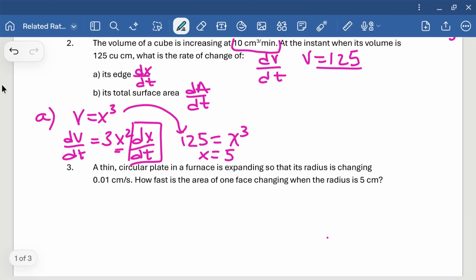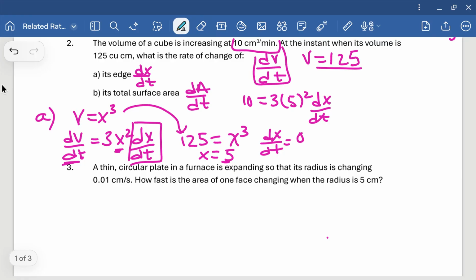So now we know the dV over dt, so we can plug that value in. We know what x equals, we can plug that value in, and then isolate dx over dt. And when we do that, just plugging in some values, we'll have 10 equals 3 times 5 squared dx over dt. And then dx over dt will equal 0.13, and the 3 is repeating,